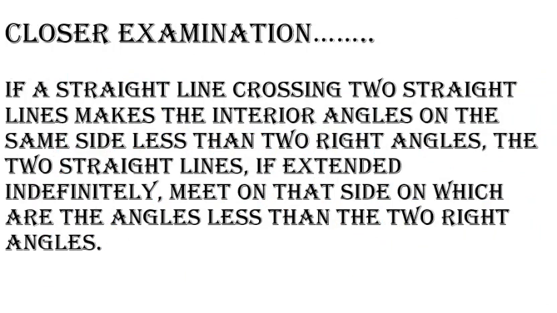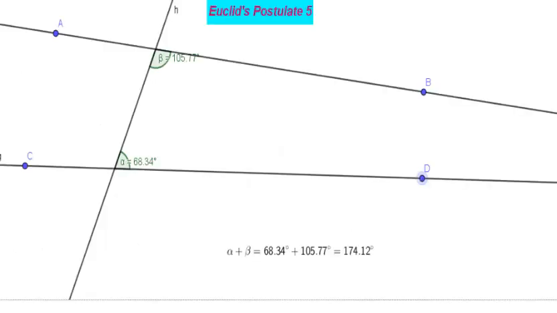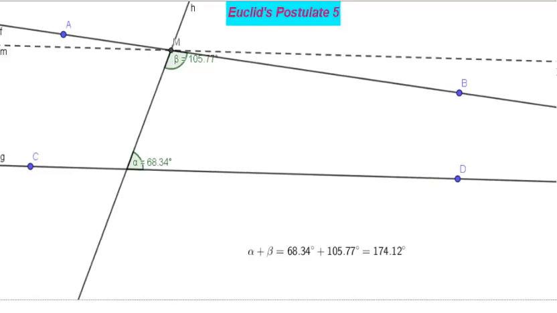Pretty complicated. Let's go down to the visual proof. The visual proof states that if these two angles on this side add up to less than 180 degrees, the lines are converging on this side, and obviously on the other side it is more than 180 degrees. Then there would probably be a case where these two angles add up to exactly 180 degrees. That means you will have a line M which is parallel to the line G, and these angles add up to exactly 180 degrees.